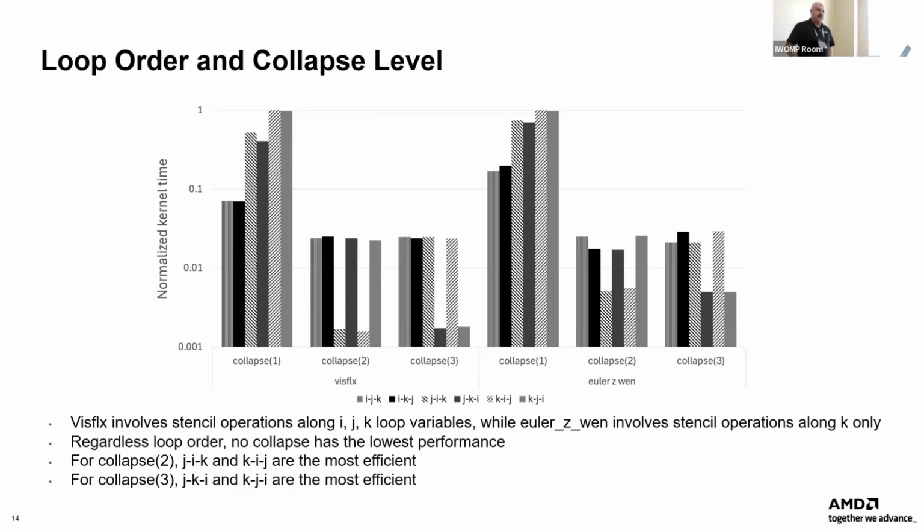Obviously, if you don't collapse at all, you get 1,400 threads in one row. For an MI300A, to get every GPU thread busy, we need on the order of 19,000 of them. 19,416 or something. Don't quote me on that exact number. It's a lot, right? So one-dimensional collapsing doesn't work. So we need to collapse more. And as you can see, the more loops we collapse, the more work we have to saturate the GPU. And then the question is, in what order do you put the